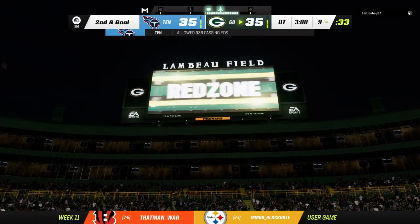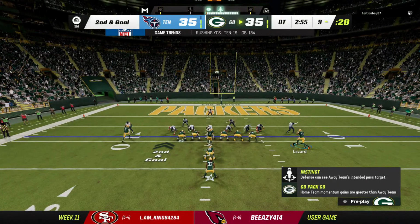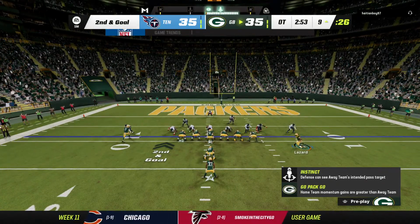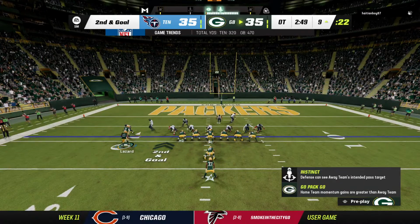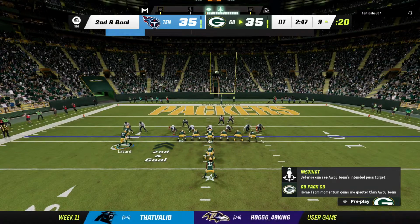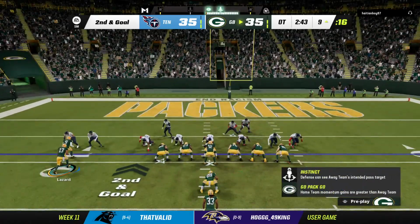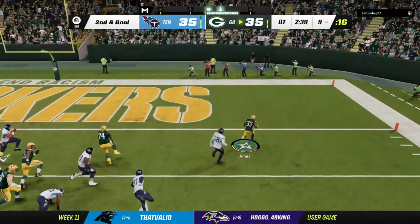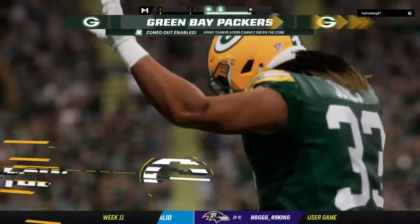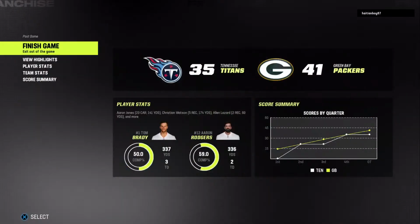No gain on the play that time, and it sets up 2nd and goal. They'll bring a receiver in motion left. They'll try again with Jones. And he's into the end zone for the touchdown and the game winner in OT. Charles, normally when you see